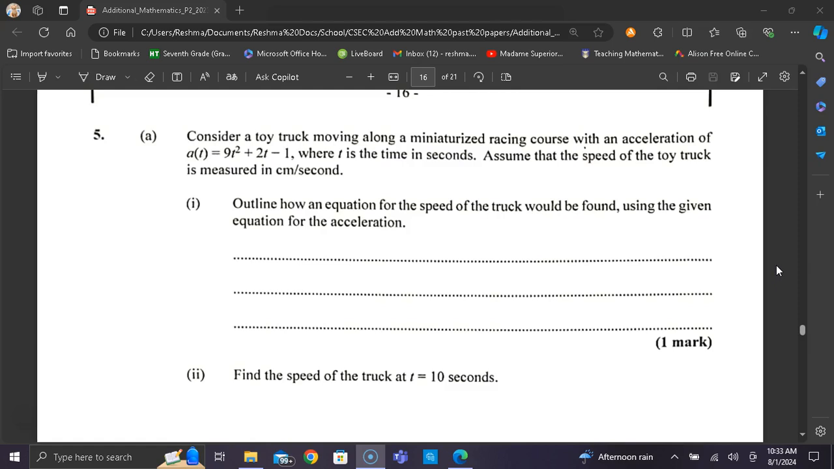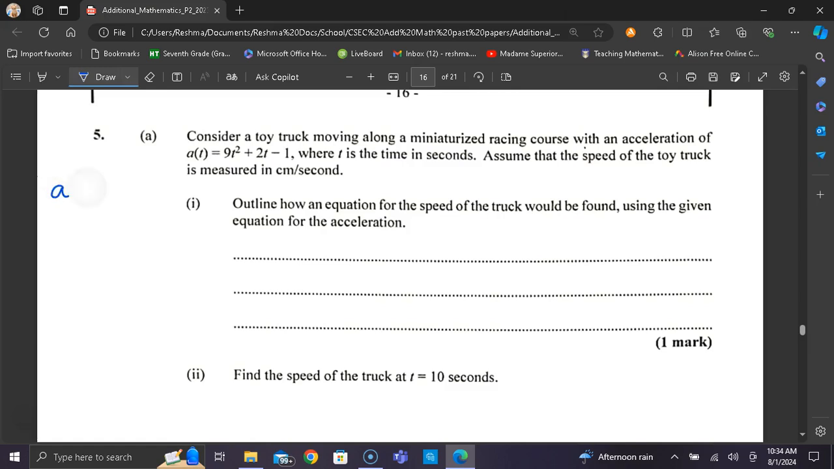Part 1. Outline how an equation for the speed of the truck would be found using the given equation for the acceleration, and that is just with 1 mark. So since we require an explanation on how to find speed from acceleration, and it's just with 1 mark, we don't need calculations here. We just need to explain how we derive the speed from the acceleration. So if you remember, acceleration is the rate of change of speed with time. So to get speed from acceleration, we have to do the opposite of differentiation, because if I were to use symbols,